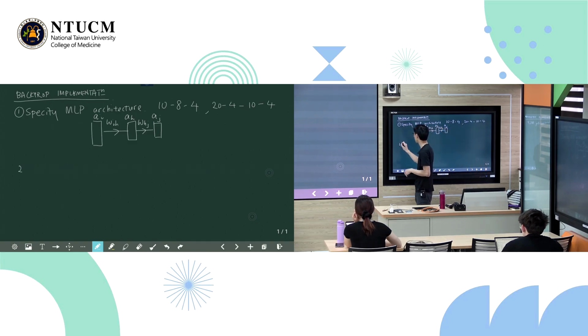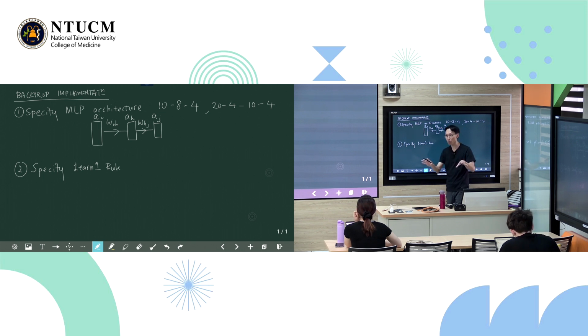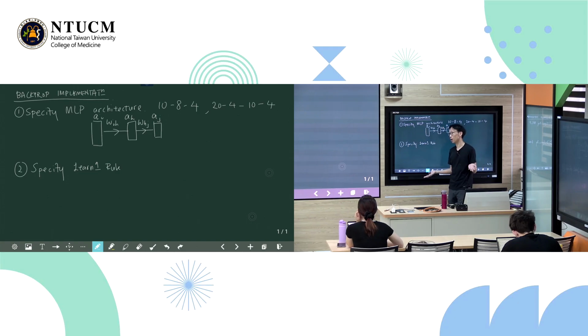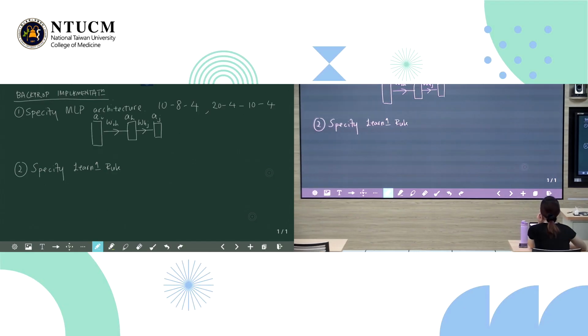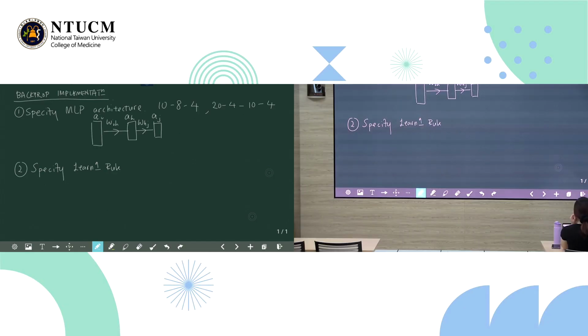Not really that difficult. Then you have to specify the learning rule. As we talked about before, the learning rule in this case is what is implemented for now. Other networks will have many other learning rules, right? For example, the Hopfield network had its own learning rule. In the case of this exercise, we will use the learning rule